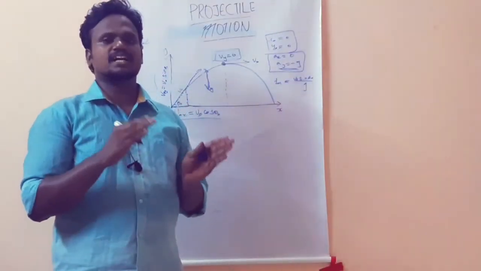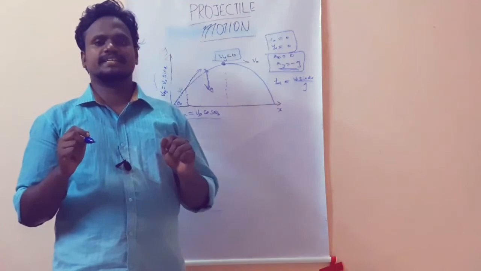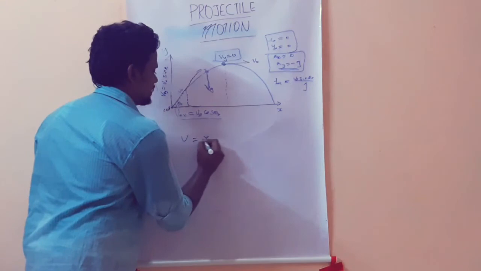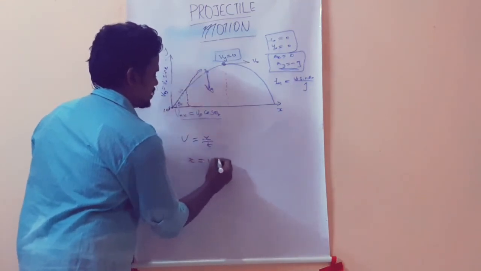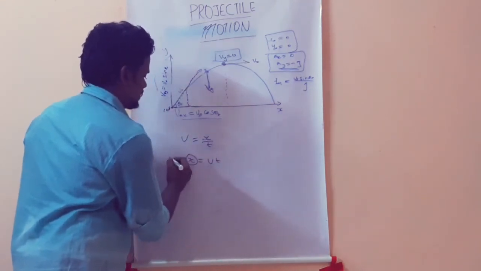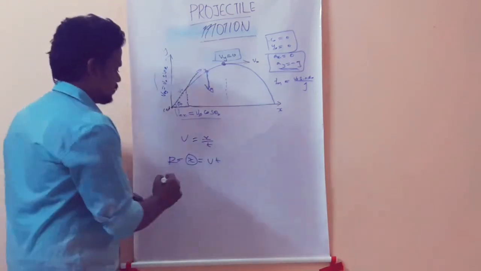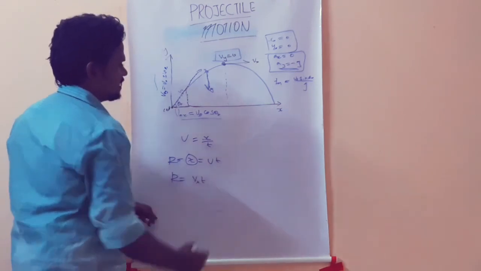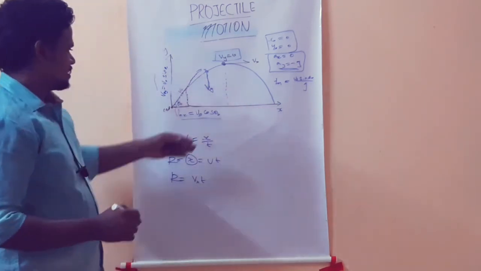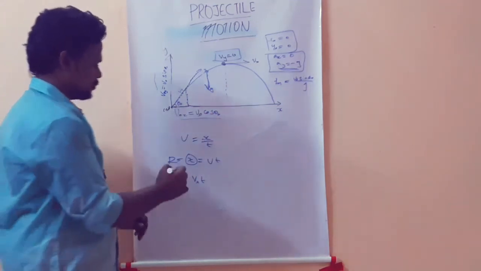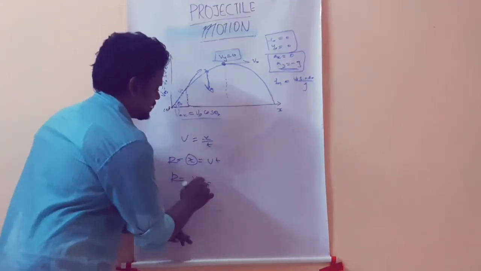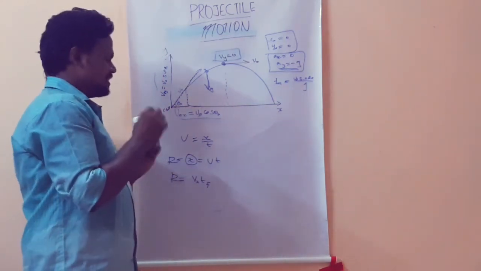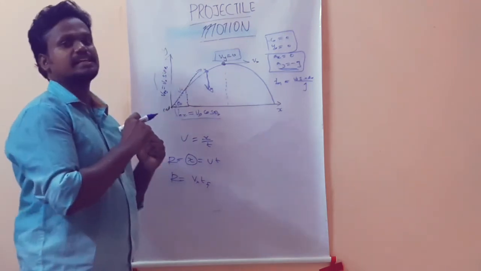Now we are going to find the range of the projectile. To find the range of the projectile, we are going to use the simple relation velocity equal to displacement by time, so displacement equal to velocity into time. Here the displacement is nothing but the range. So we are going to write range equal to v times t. This is the velocity along the x-axis. So the velocity along the x-axis we know is v naught cos theta naught, into the time of flight Tf. If we do this, we will get the range of the flight.